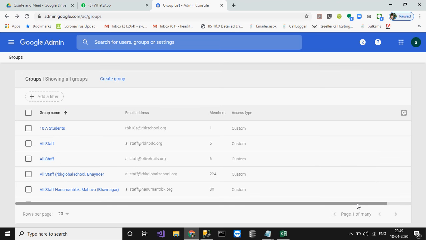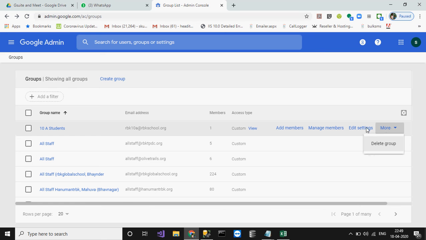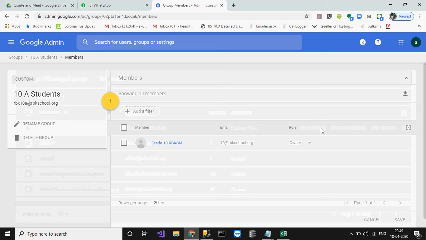Now how will we assign the members for that particular group? Here are add member, manage members, edit settings. Whatever setting we did you can edit, and you can delete this group. You can manage these things from here. Add member and manage members are both here. From add member you can add members one by one, and from manage members you can import the members or add the members here.